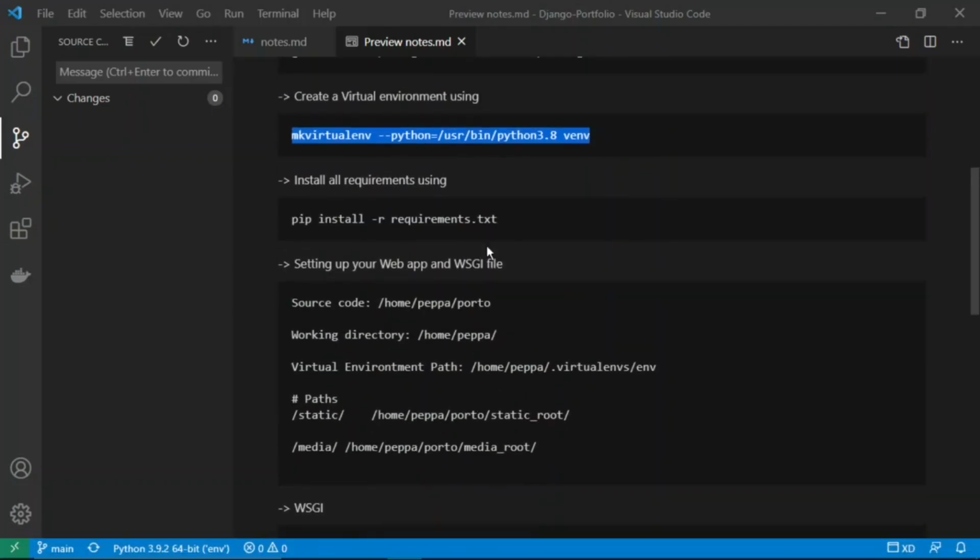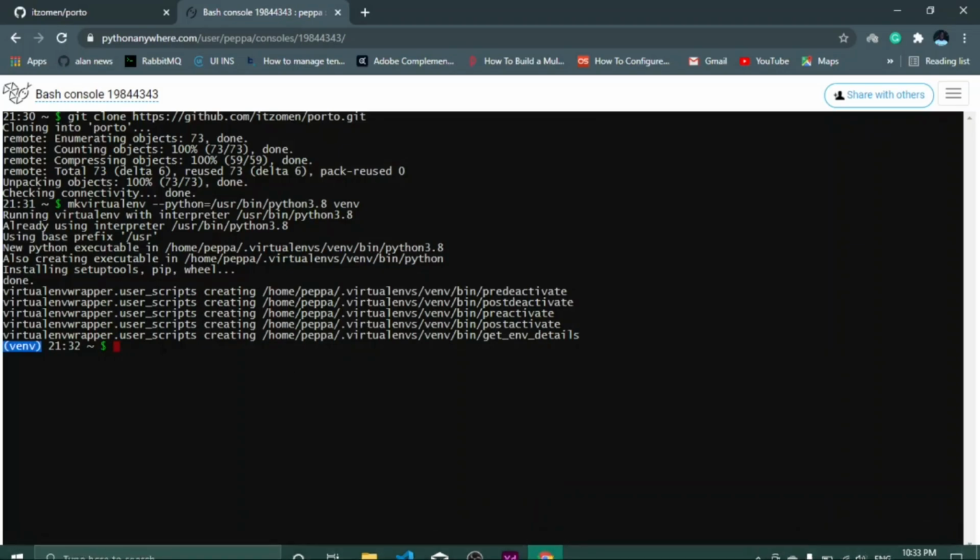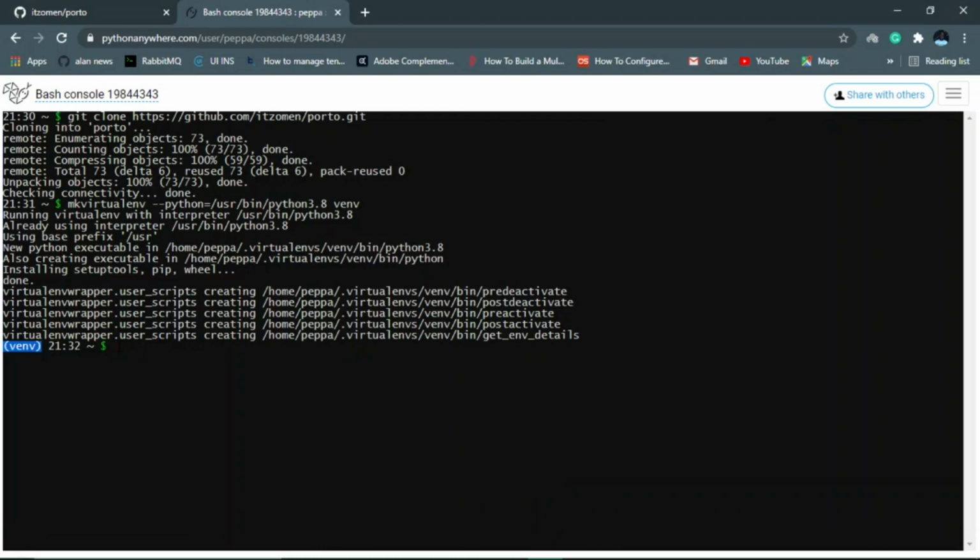Now, what I'm going to do is install all the packages that we use in our Django project in that newly created virtual environment. Just the fact that we created a file called requirements.txt means we don't need to install those packages one by one. But to make sure that we are in the directory containing that project, I'm just going to use